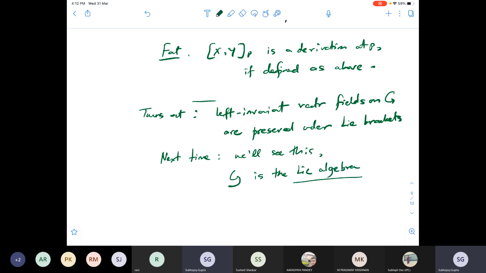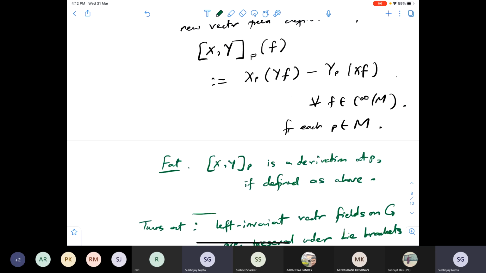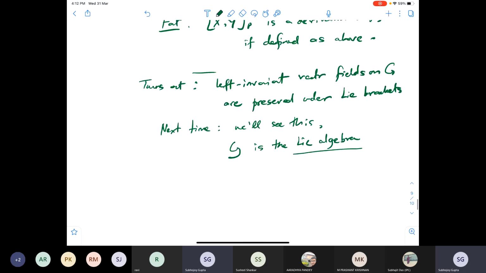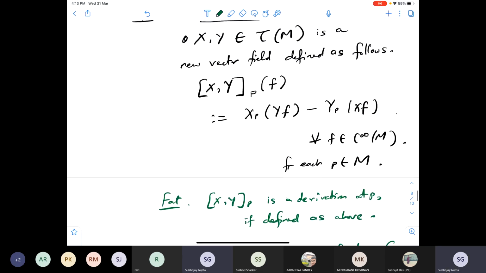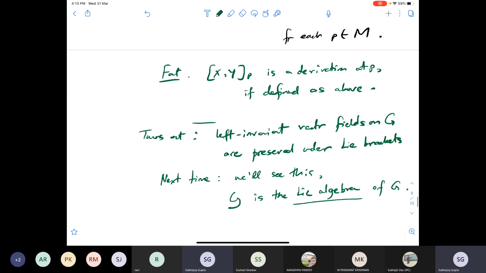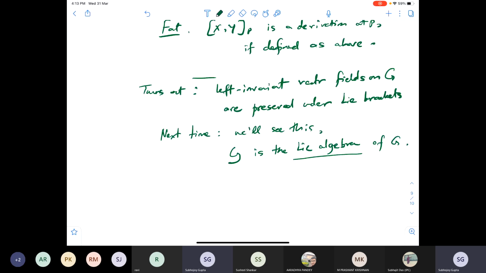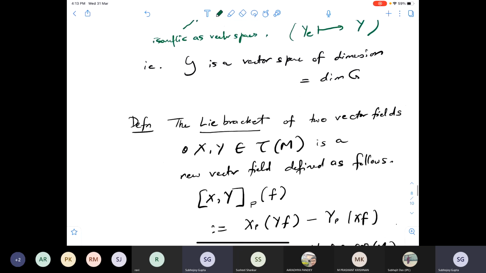So it's a vector space together with this Lie bracket, and this Lie bracket has certain properties, and this is called the Lie algebra of the Lie group G. Anyway, this is going to be one of the central themes of this course. I want to get to understanding what is called the correspondence between Lie algebras and Lie groups. But for now, we haven't yet gotten to